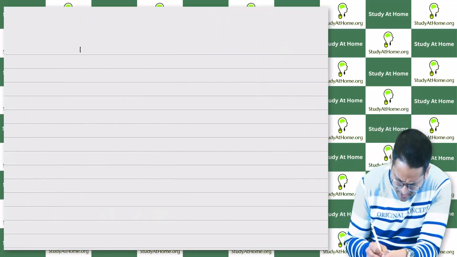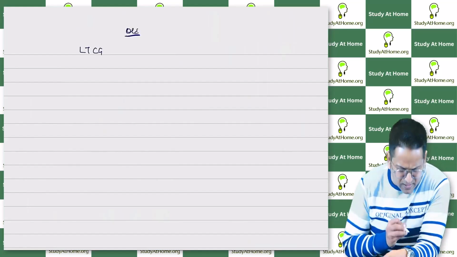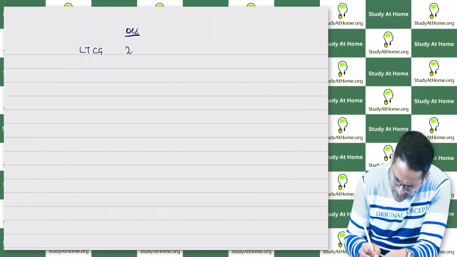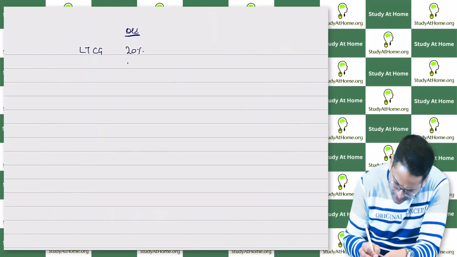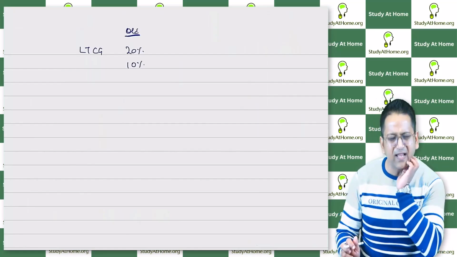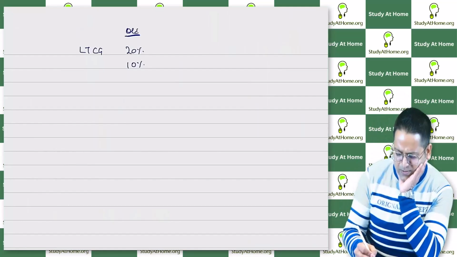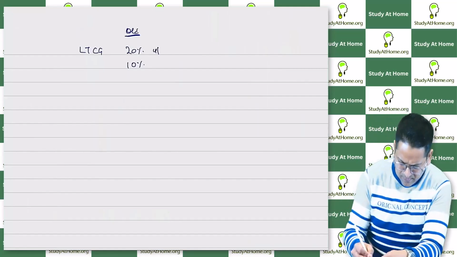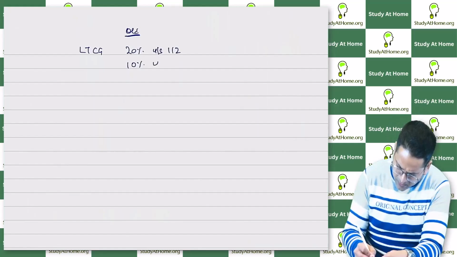Look, earlier the government on long-term capital gains, previously what used to happen, old. Let me explain. It used to take 20% tax. Now it takes 10% tax. Okay, it used to be like this. It used to take 20% tax under which section? Under section 112. And in this, it used to take 10% under section 112A.